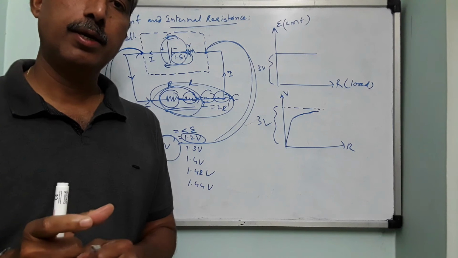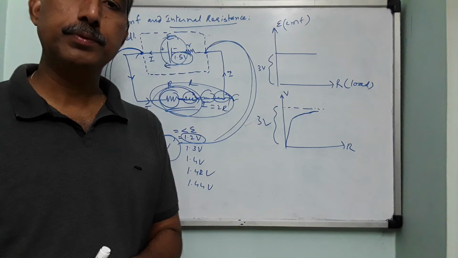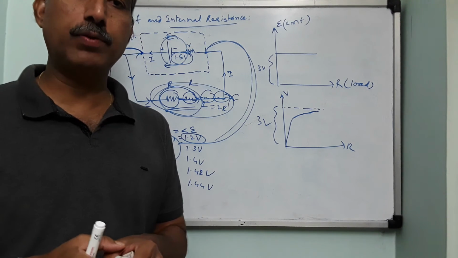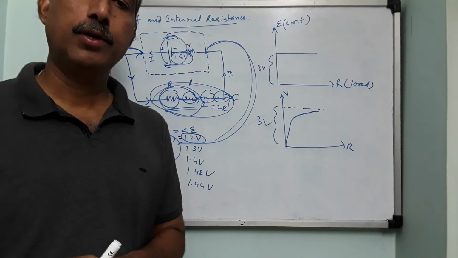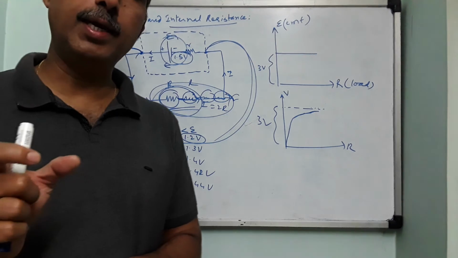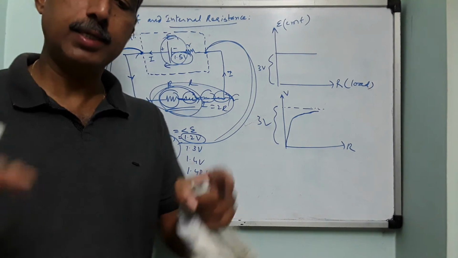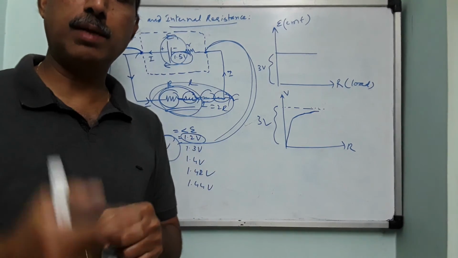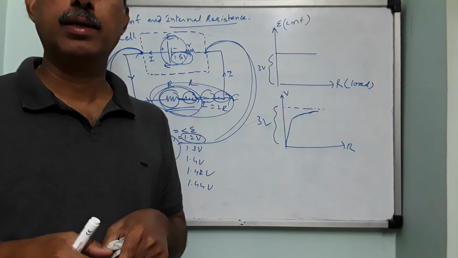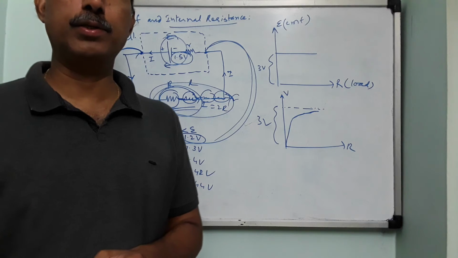So you have a cell bought from the shop, you have a voltmeter in your lab. Soon after coming to the lab from the shop, you measure the voltage of the cell with the help of the voltmeter. You have seen it as 1.5 volt. Now you have taken a small LED or a torchlight bulb and you have connected that across the cell. Now you will see the bulb will be glowing. Now take the voltmeter and measure the voltage across the cell. You will read that it will be 1.2 volt. That is called terminal potential difference.